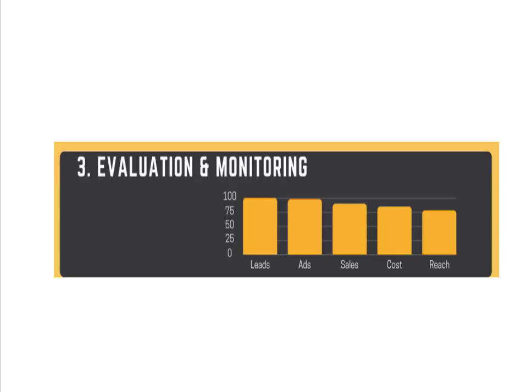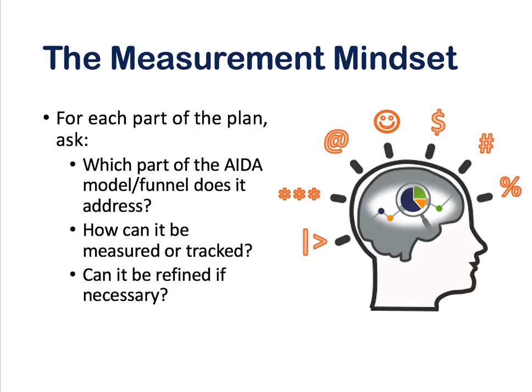So as we are making our recommendations and we're thinking about what we need to include in the plan, I want to also challenge you to think in a way that I refer to as the measurement mindset. In the measurement mindset, I want you to think about these questions and really tie them back to something that we talked about the very first week of the semester, which was the ADA model. So for each thing that you put into your marketing plan, specifically as it relates to the implementation section of your plan, because that's where your media and your promotion and your communication strategies are going to come into play, I want you to think about these three things.